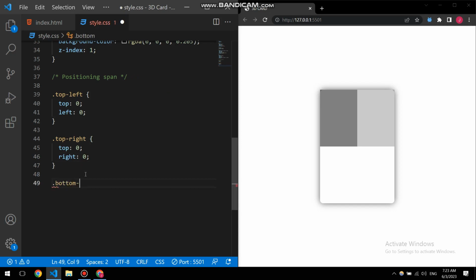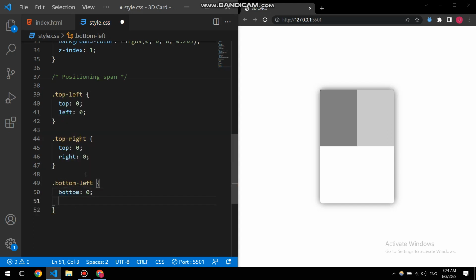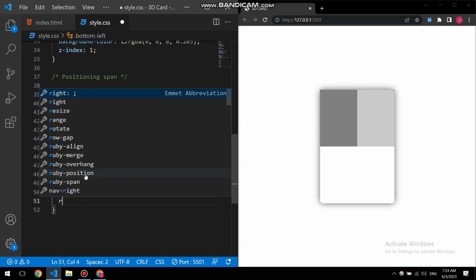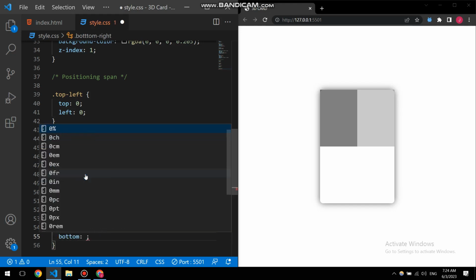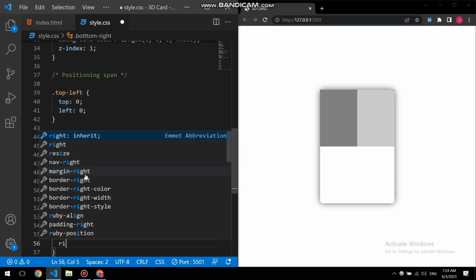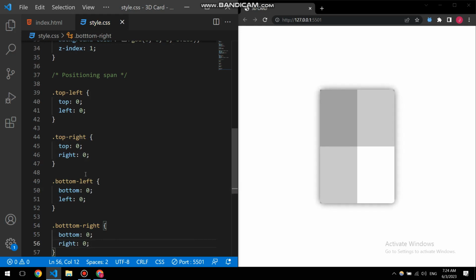Bottom left, with bottom 0 and left 0, and bottom right, with bottom 0 and right 0. Alright, now if we save it,